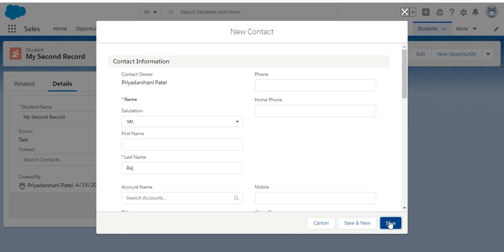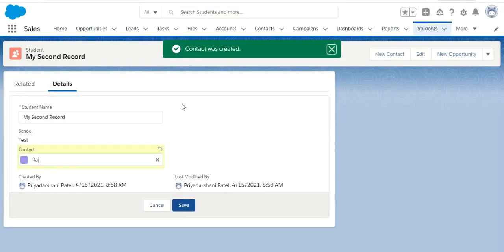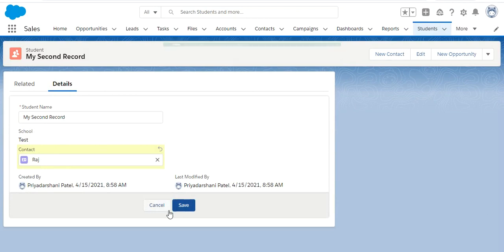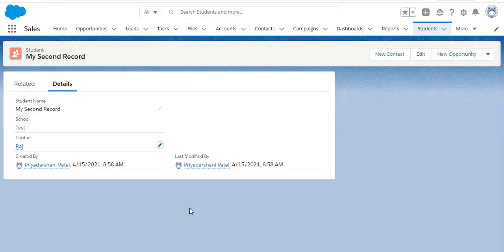And that's it. Now Raj is the parent of this record, and save this. So okay, this is all about the master detail relationship and lookup relationship.